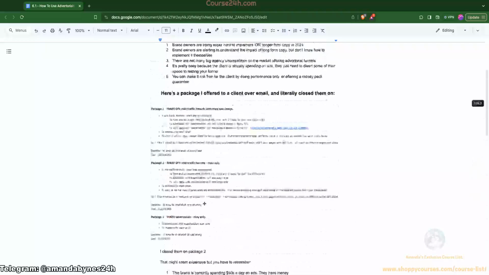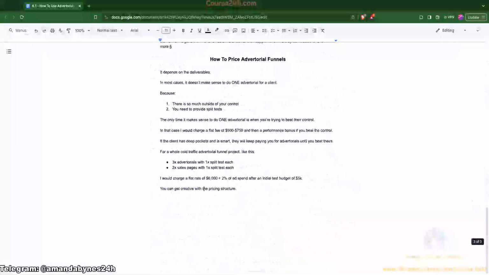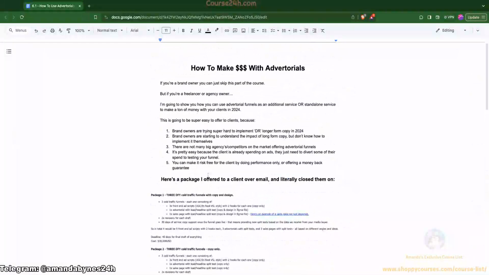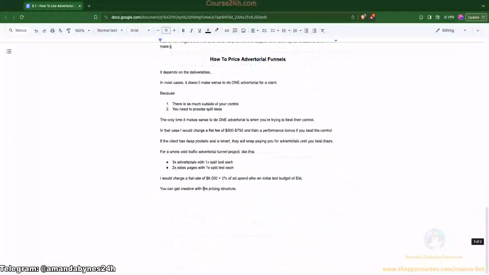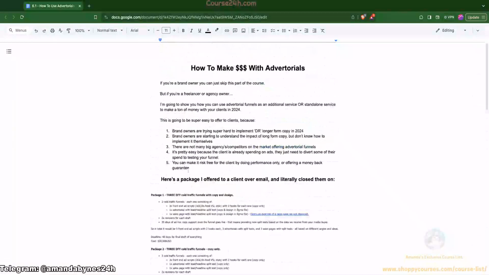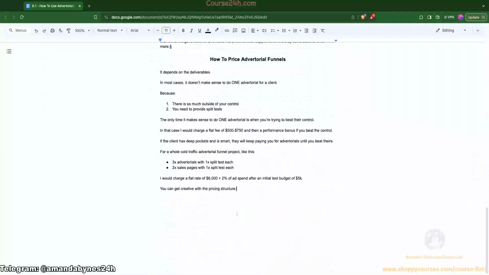So yeah, there's tons of ways to make money offering these with clients. You can even run a cold email sequence, and I bet that would crush if you structure the offer simply enough that people understand it straight away. And you can get really creative with the pricing. And you can make a ton of money too, really. So yeah,